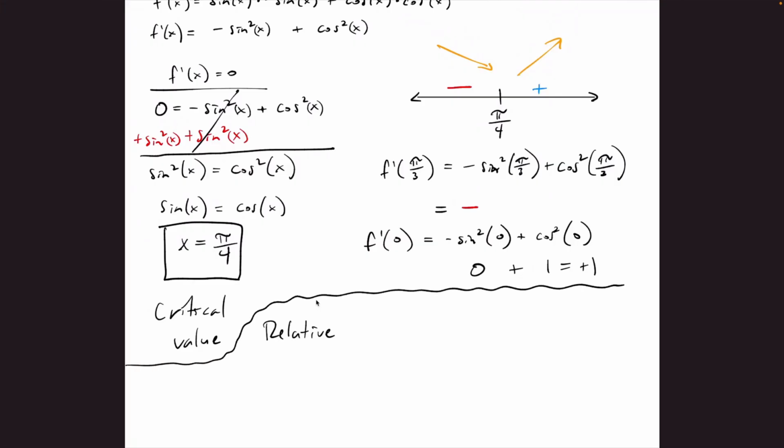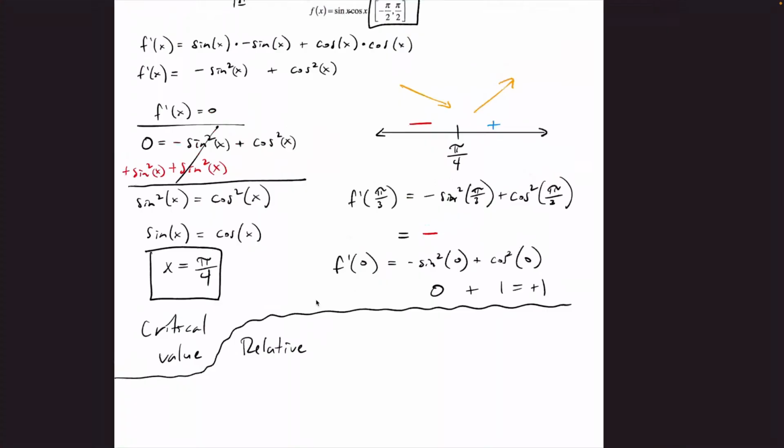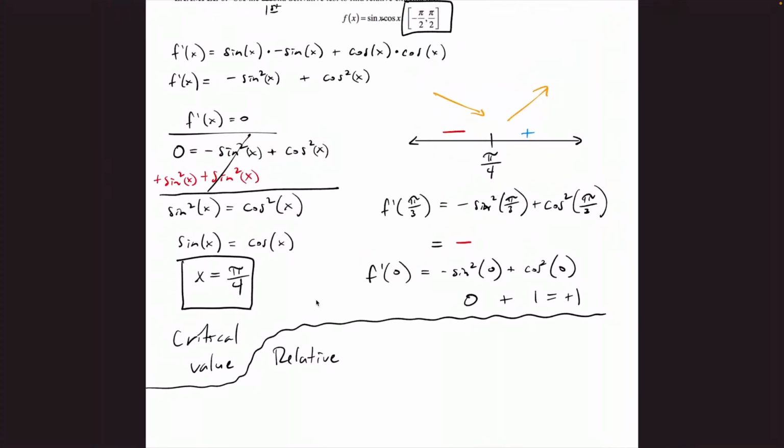What is pi over 4 going to be? It is a relative extrema, but be more specific. It's going to be a min, yeah. Because you're going down to pi over 4 and then you're coming back up after. So relative minimum at x equals pi over 4,